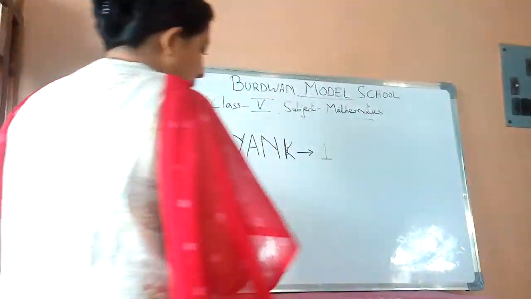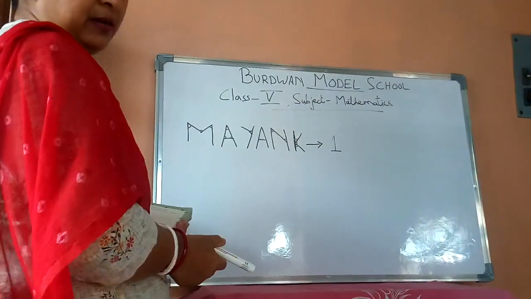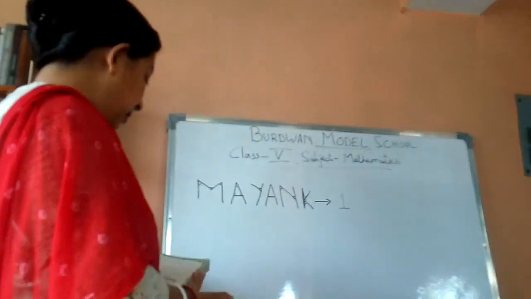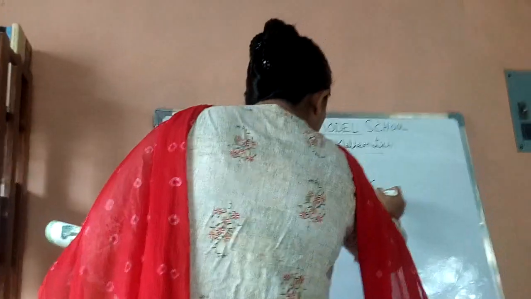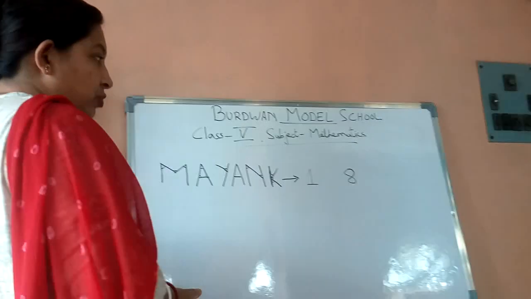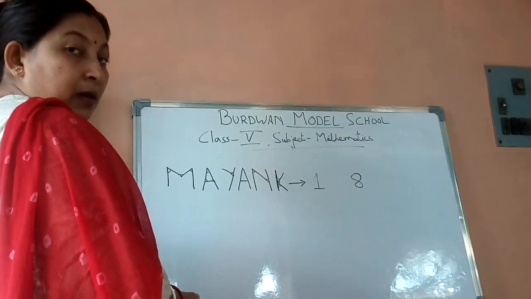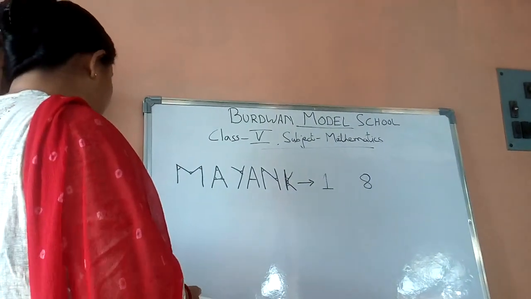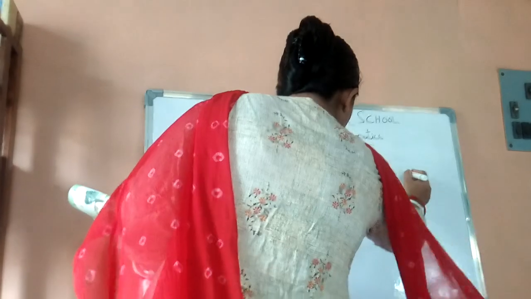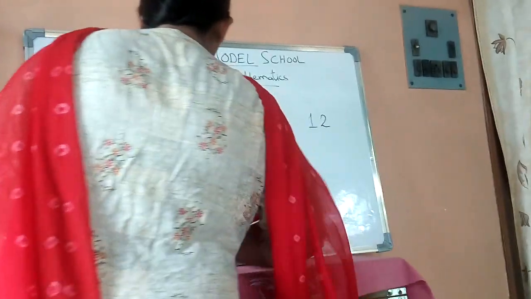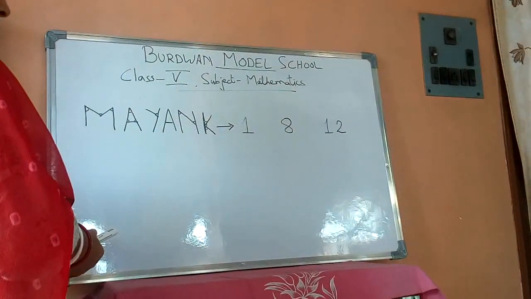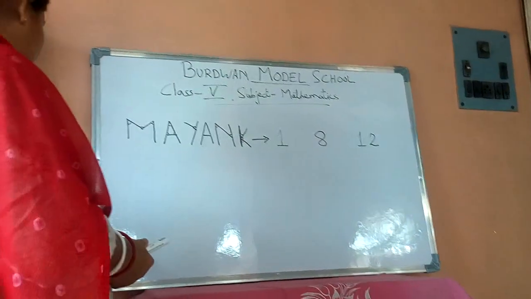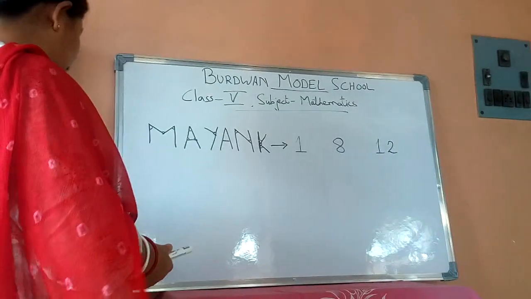Okay, so like this you will count and you will find that there is only one right angle. So you will write 1 where the space is provided. Only one right angle, and then more than 90 degrees are 8. You will count it and you can find there are 8 more than 90 degrees. And 12 angles are less than 90 degrees. Okay. So 1 is right angle, 8 is more than 90 and 12 is less than 90.